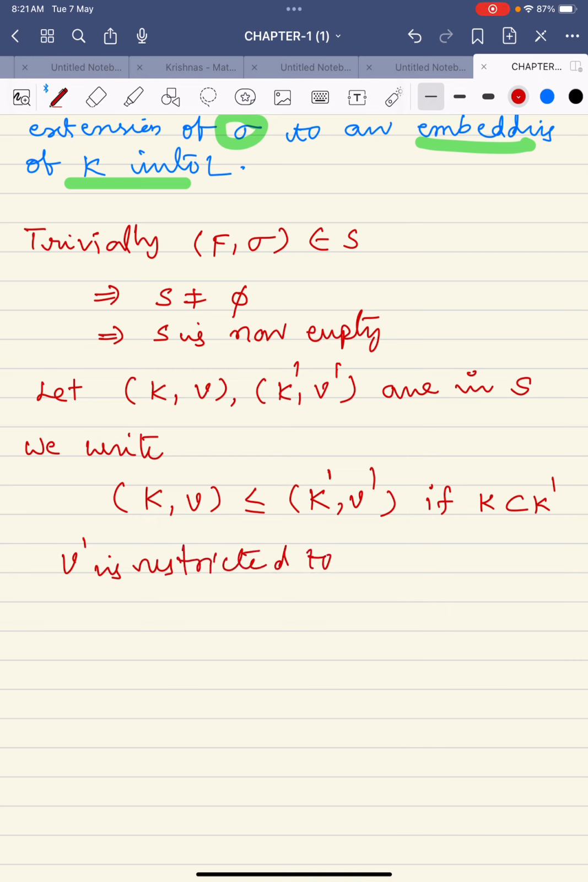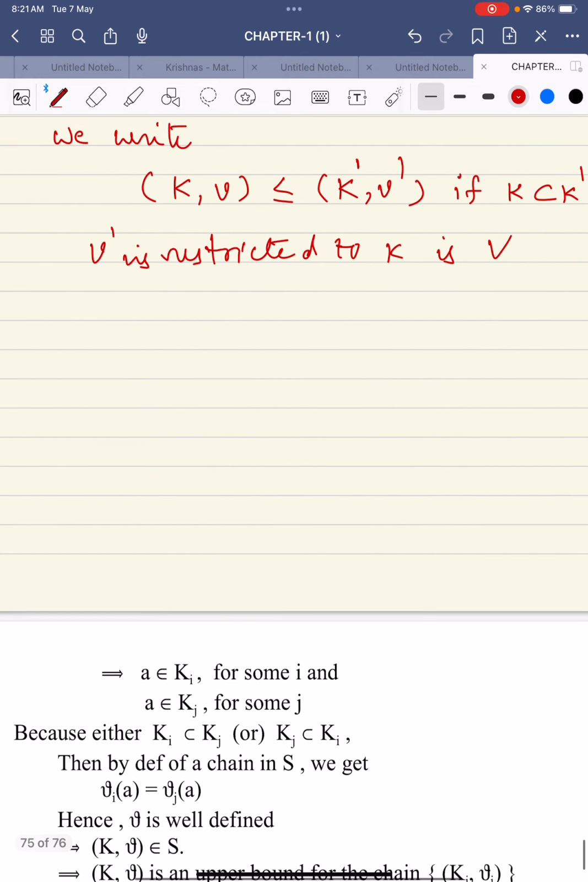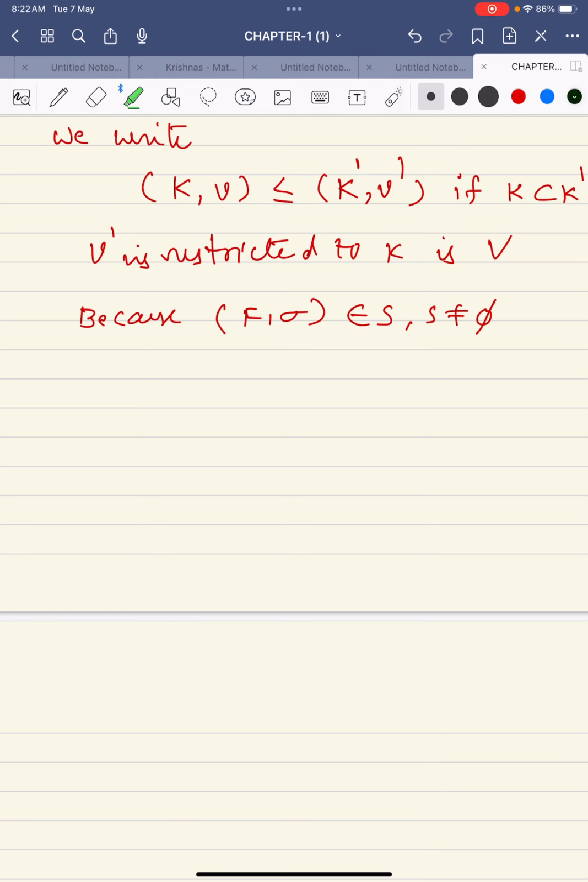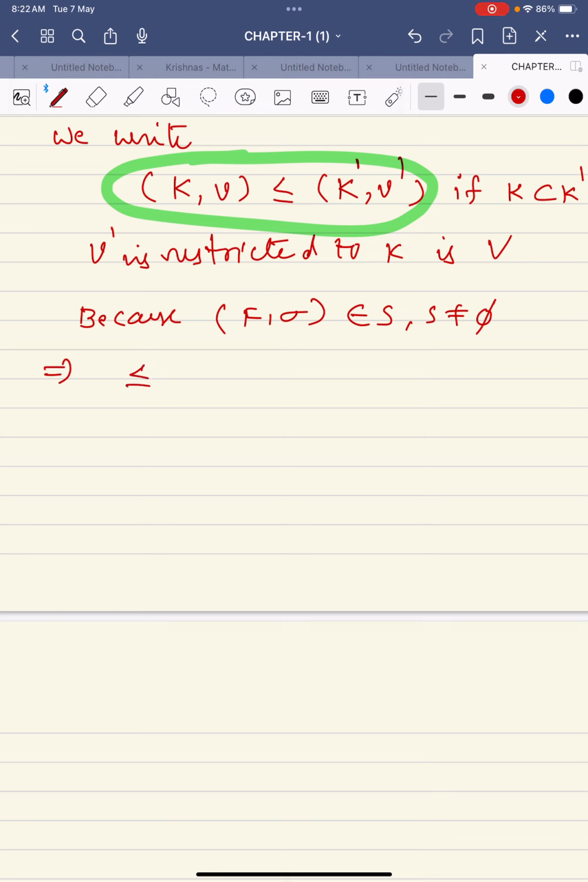V dash restricted to K is capital V. If it is only restricted to K, then it becomes V. Now obviously, the ordered pair (K, sigma) belongs to capital S, S not equal to empty set, and by using this less than or equals to result, we conclude that less than or equals to is well ordering